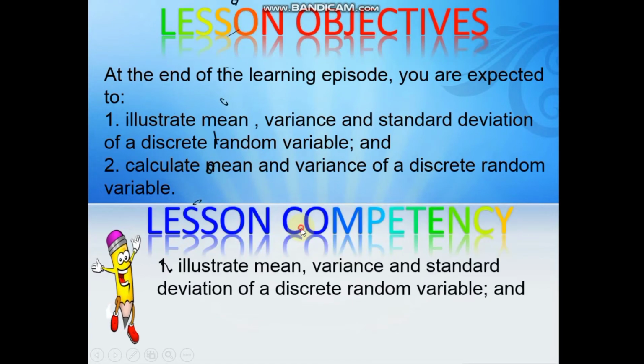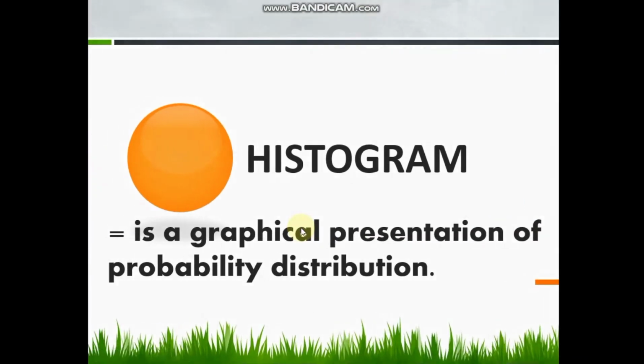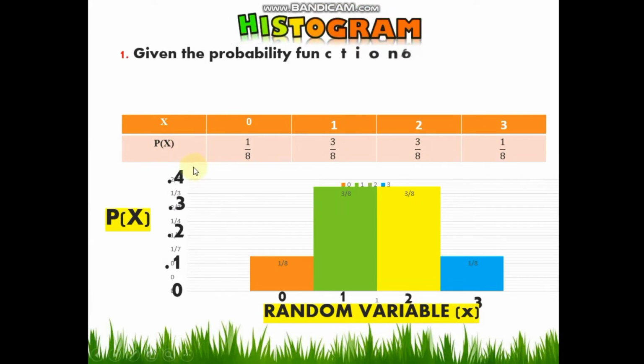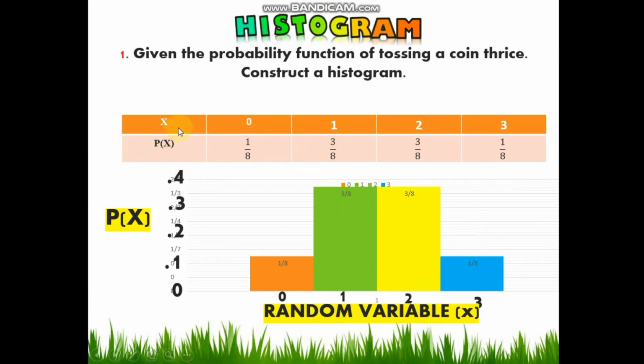Next, let's have this one. Before we compute for the mean, variance, and standard deviation, let's take a look first at the graph which represents the probability distribution, and we call that one the histogram. Histogram looks like this. For example, you are given a probability distribution which has values of x equal to 0, 1, 2, 3 random variables, and their corresponding probabilities are 1/8, 3/8, 3/8, and 1/8. To illustrate the histogram, you always put the random variable in your horizontal line or